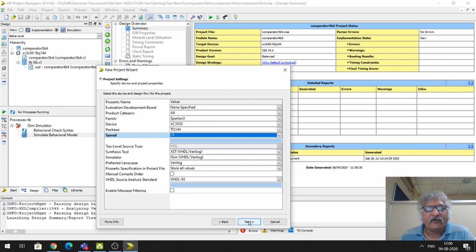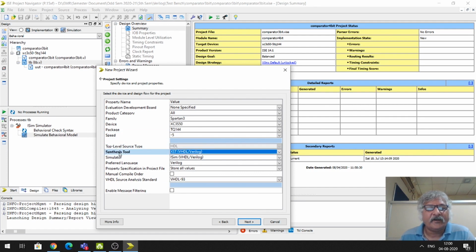Then here you can see the synthesis tool. This software has a synthesis tool, and the name of that tool is XST, Xilinx Synthesis Tool. It can synthesize Verilog or VHDL code. Then the inbuilt simulator is also there in this software.